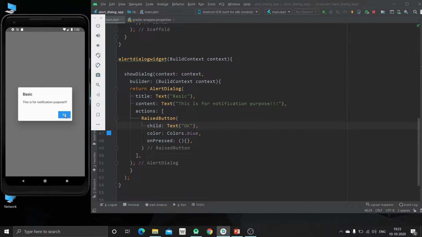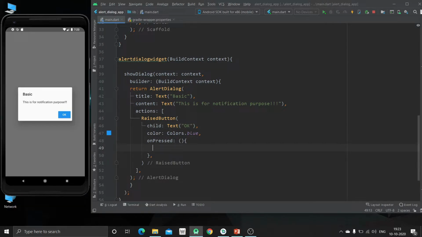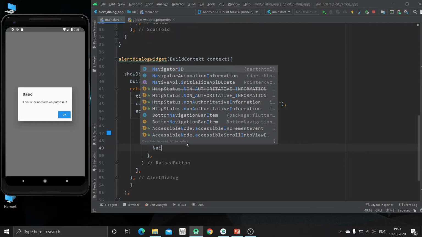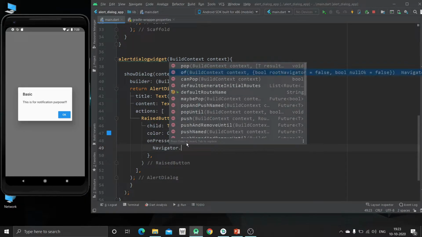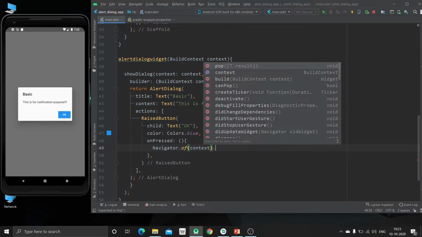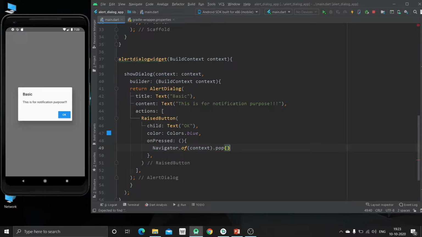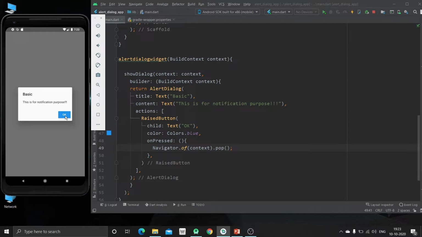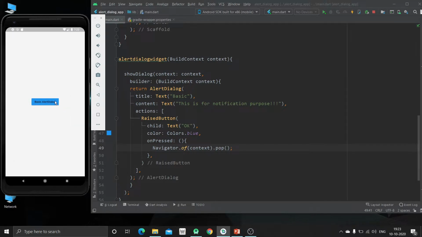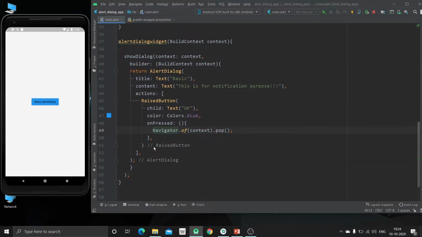Now on clicking this OK button, nothing is happening. So we are going to use another property that is basically a routing property. So I will explain what I am doing in the later part of this event. So you can use this to just pop this widget from this screen. Now just hit Ctrl and S. Now just click this again. Now you can see on clicking this OK button, this widget will be popped out. So this is basically the purpose of this command. Now this was the first widget.